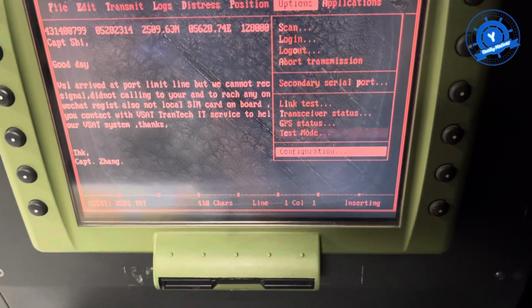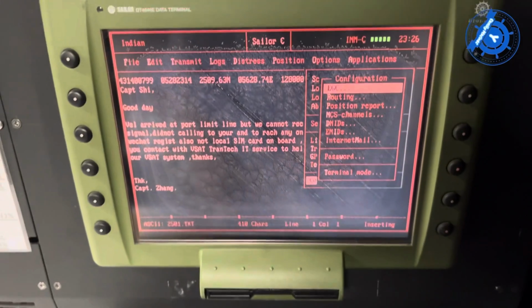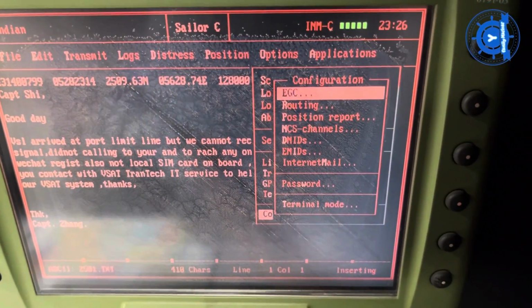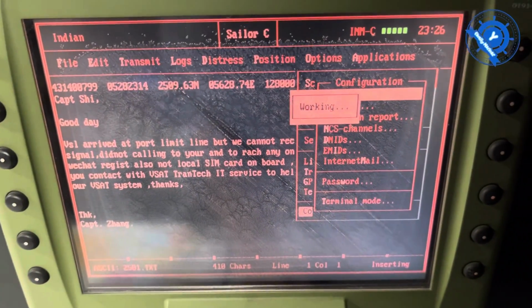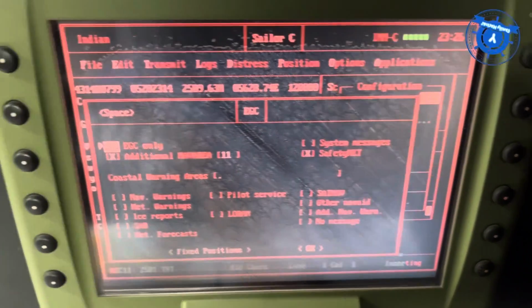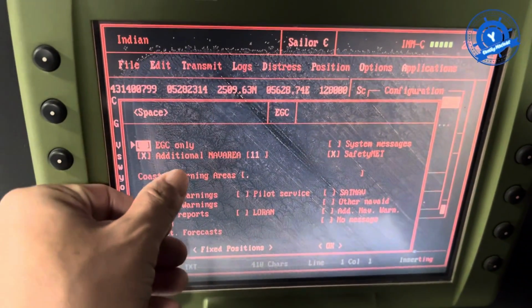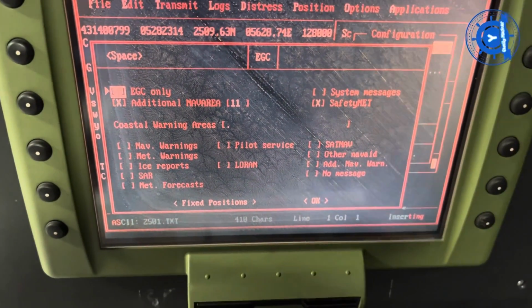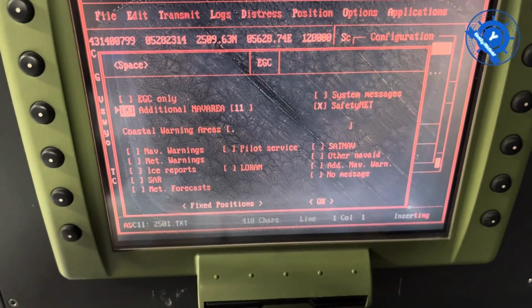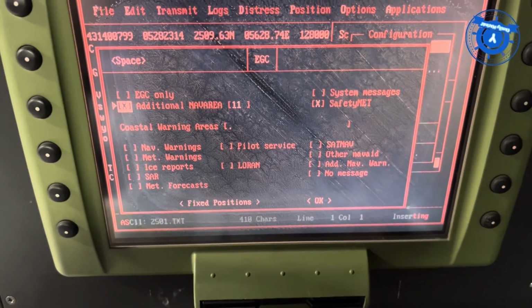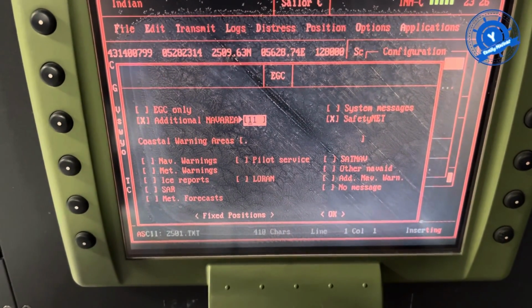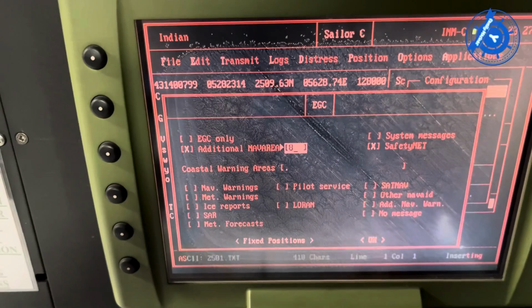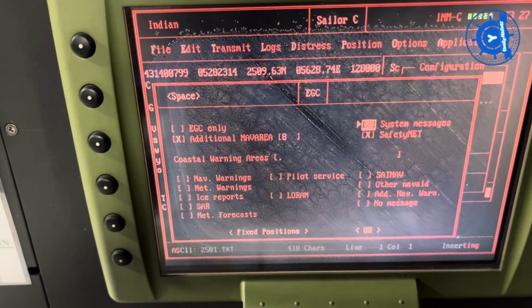And then configuration. There in the configuration is EGC, first EGC and the group. This group EGC means for NAVTEX. So there is the additional NAV area. NAV area is 11, but the member says we are arriving at Fujairah, so there is region 8. So you can check region 8. Okay, and